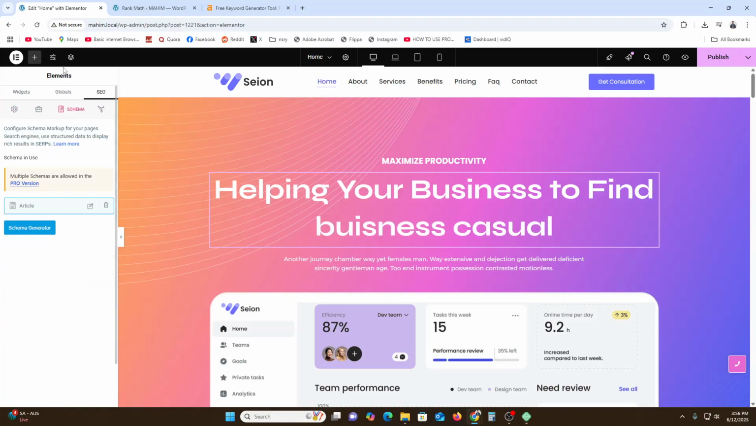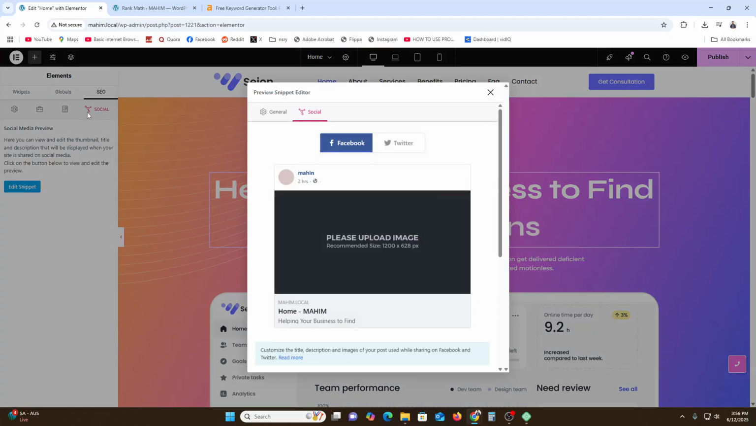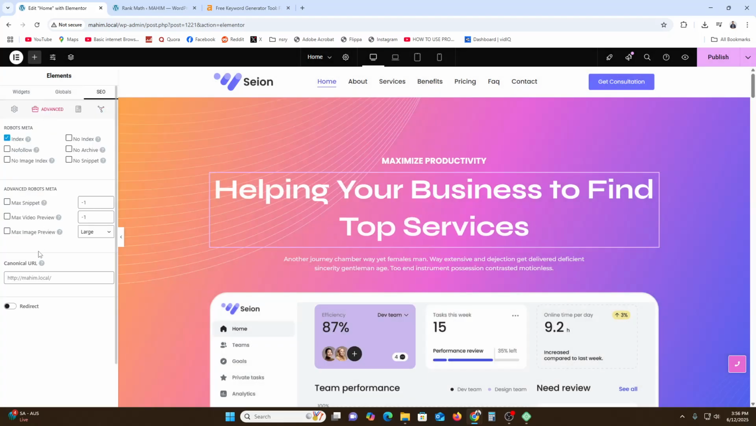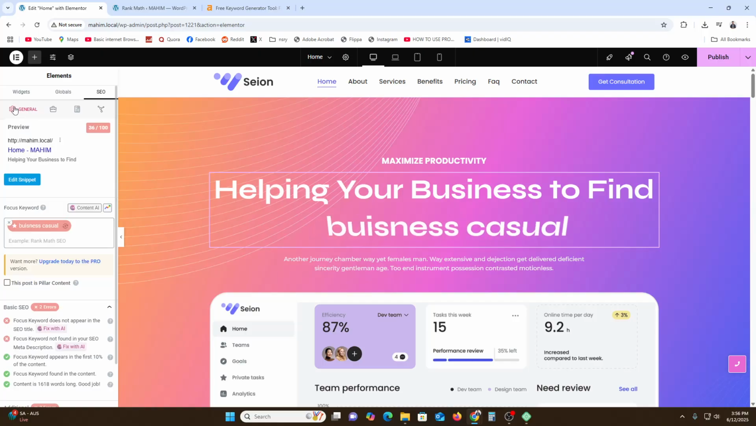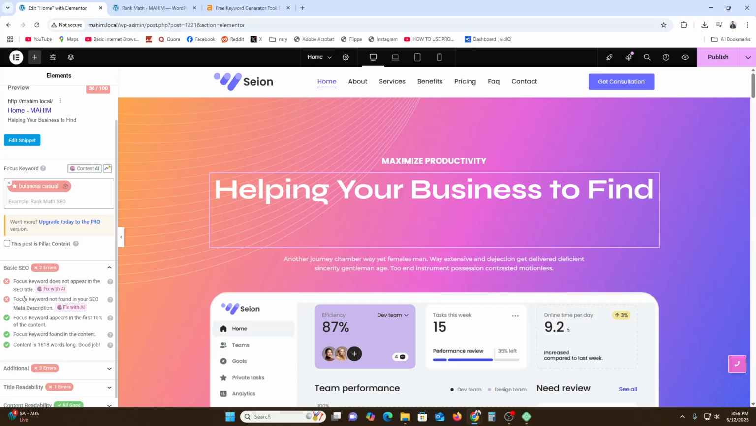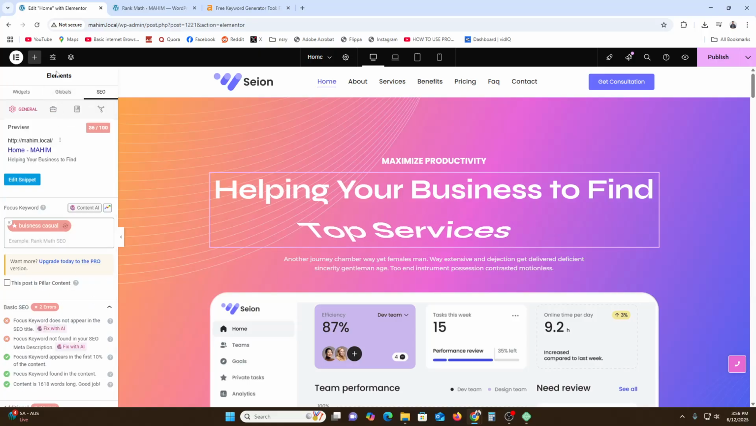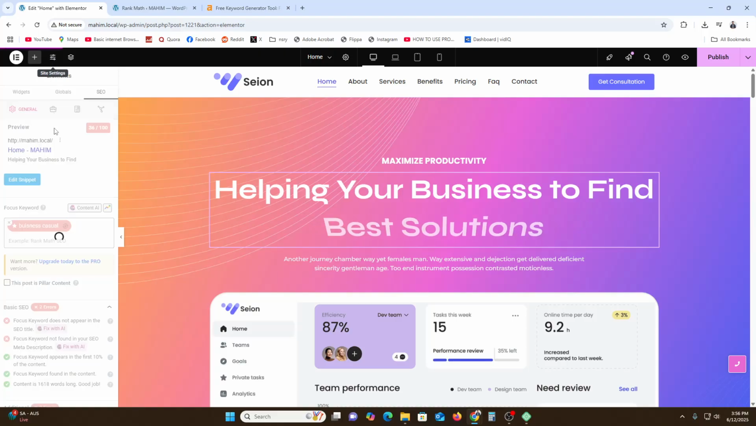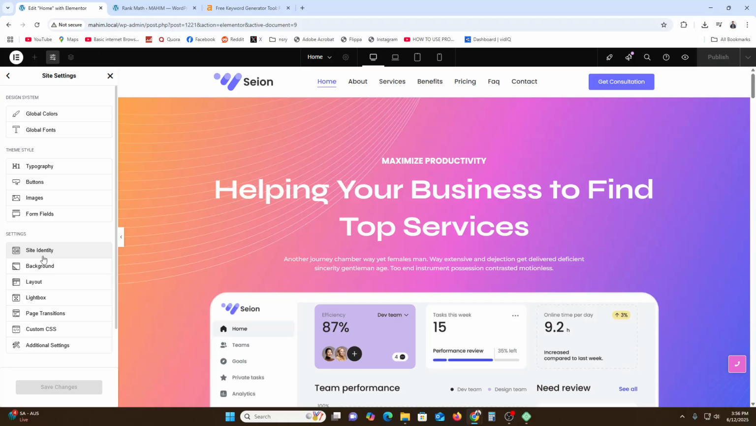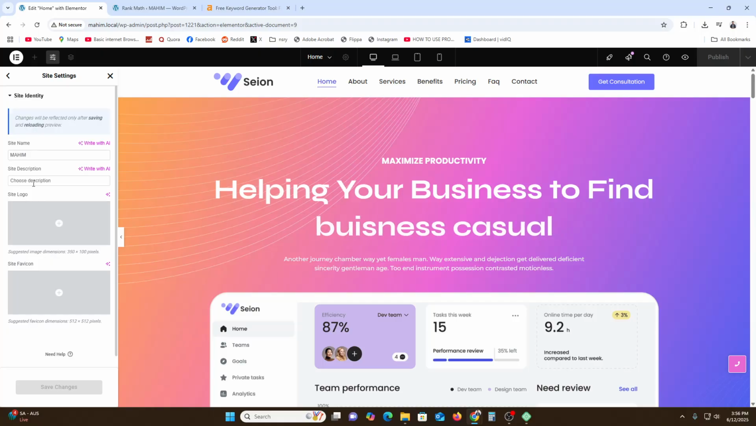So how can I change it? It is really easy. You just need to click on this one, and let's find out where the title option is. I did not find it yet, so I'm going to click on focus keyword: focus keyword not found in your SEO meta description. The meta description I will find from that place. Just select this one and click on site identity, meta, site description. This one will be the site title. Just click on save changes,